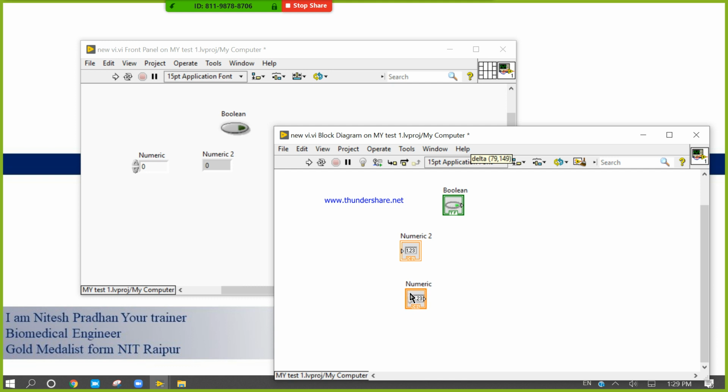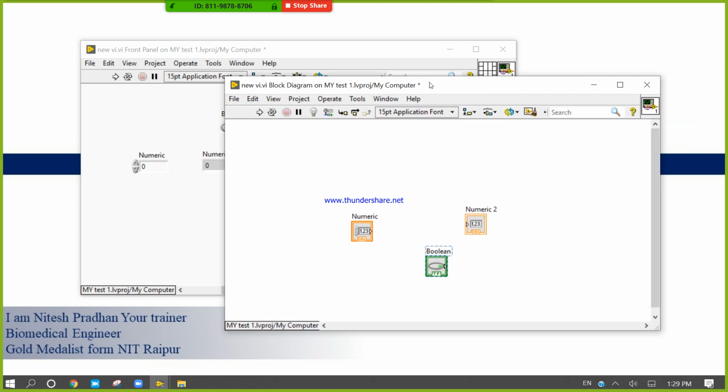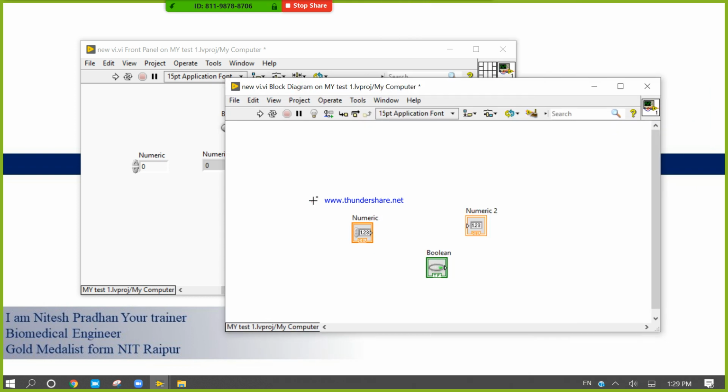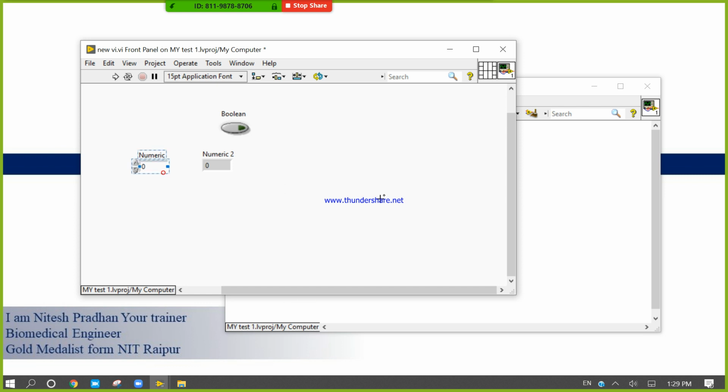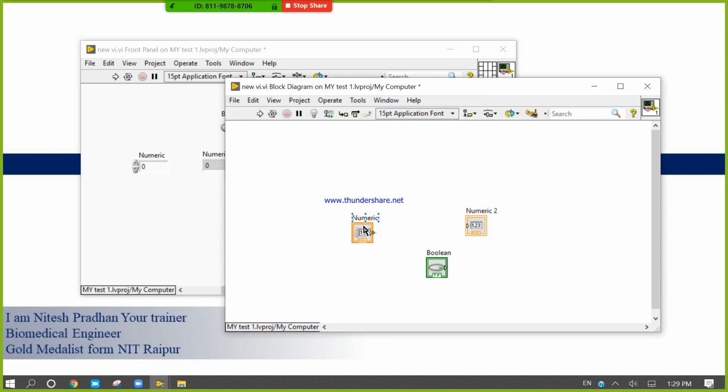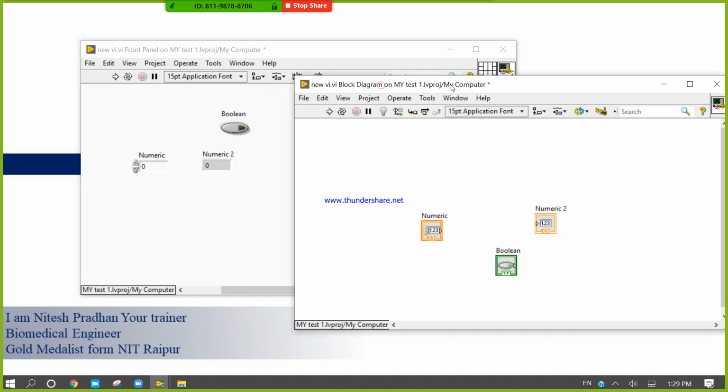Okay, we write code, we perform tasks, we perform actions, we design anything in the block diagram by using the terminals of the controls and indicators. These are the terminals of the control objects. This is a numeric control object, that is the numeric control terminal of that object. Okay, it is a numeric indicator terminal.